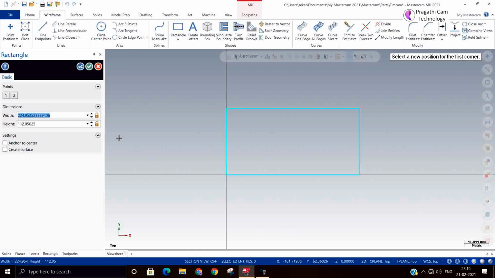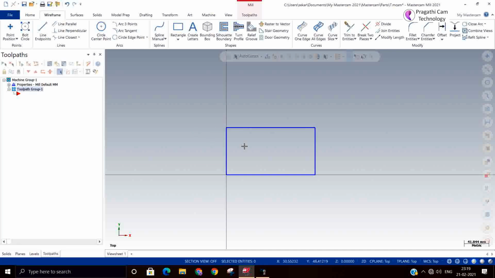If you see the wall, the holes will be there on all four sides. For machining that kind of situation, you can use auto drill. For drilling, what are all the things needed? Initially you need to do a center drill, then a pre-drill, then the final dimension drill. If there is a chamfer, you need to do that as well. All these things you have to do, each drill.